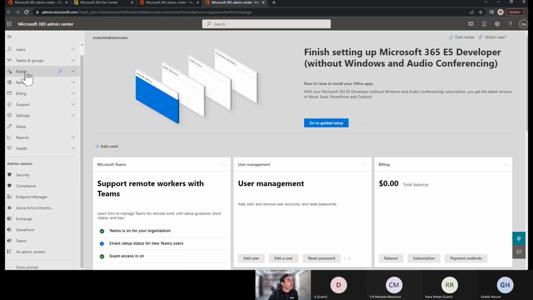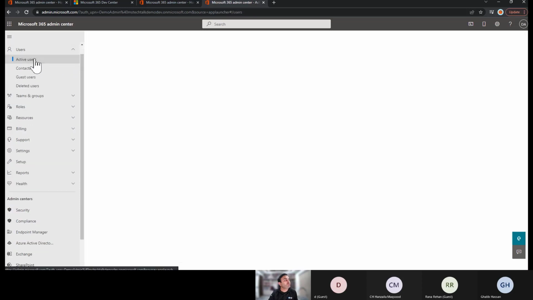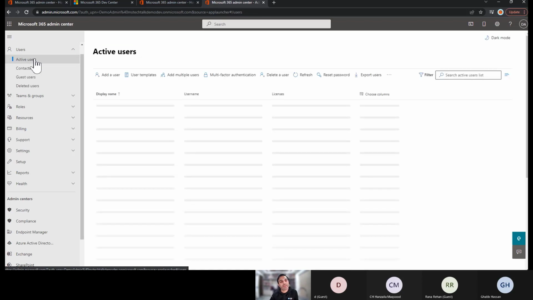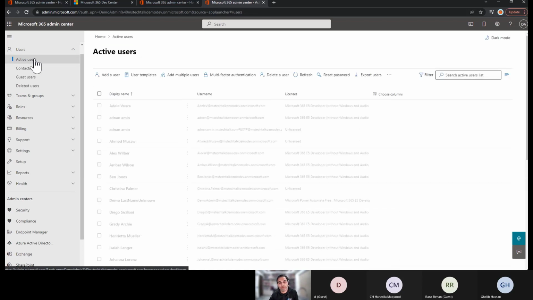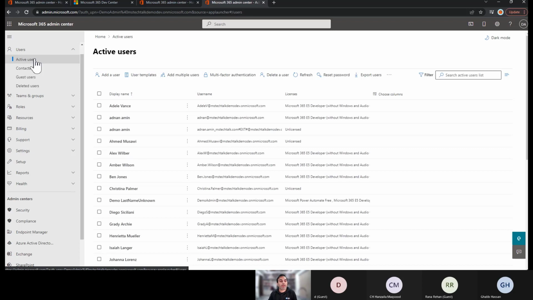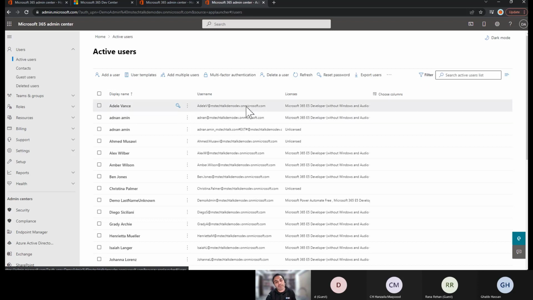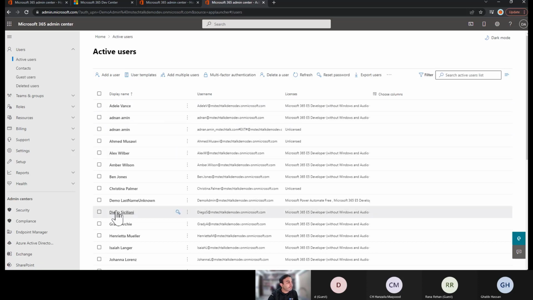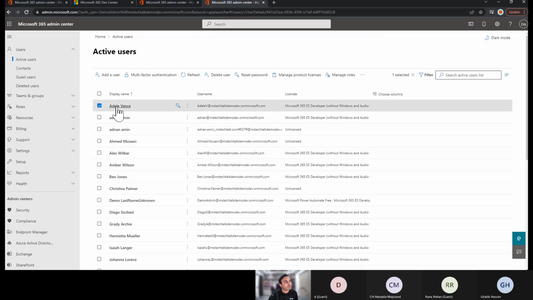Now, if you go to the top, you can see users here, and here you will see the complete list of users in your organization. As you are going to create a dev tenant, if you haven't added the users, you can manually create new users in the dev tenant, like this one. You can see these are different users here, and if I click on any one of them,